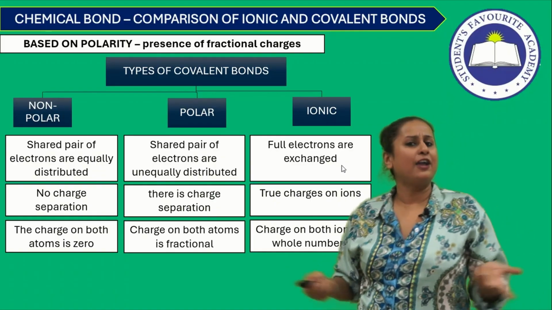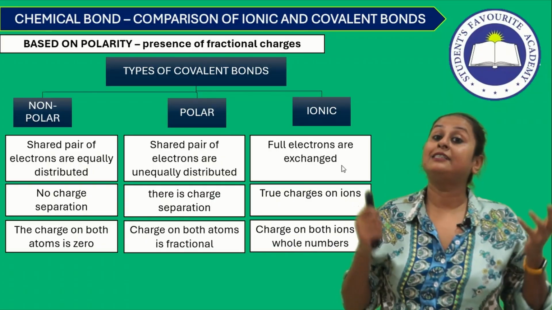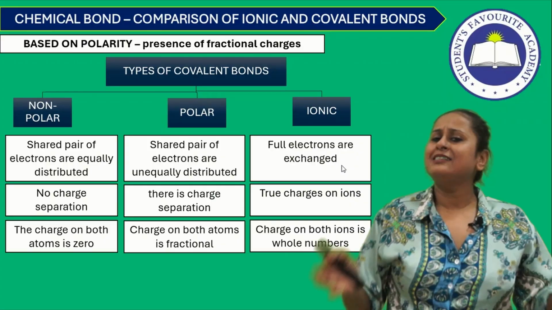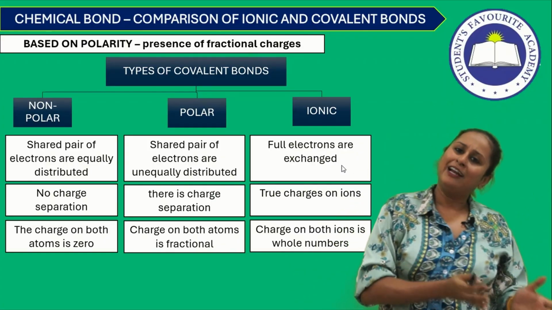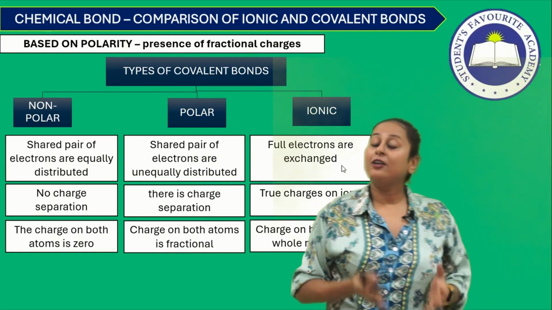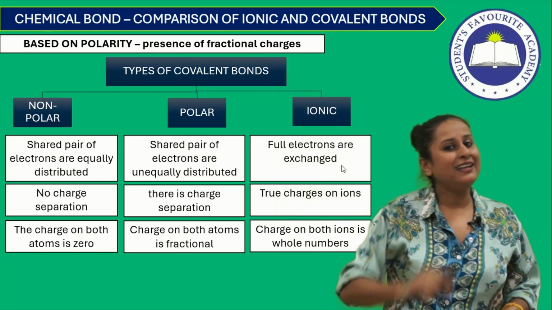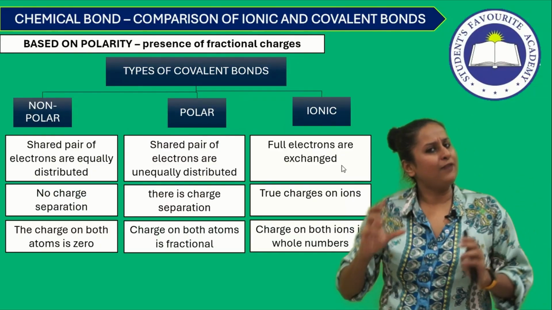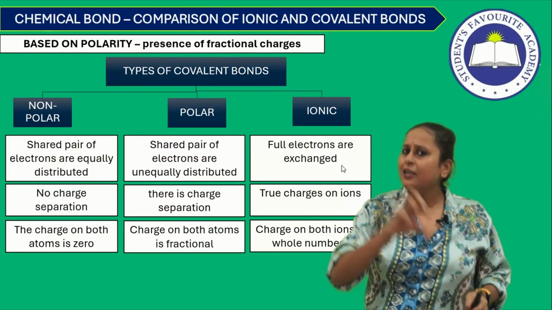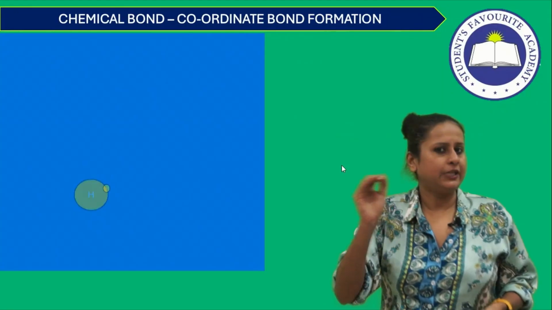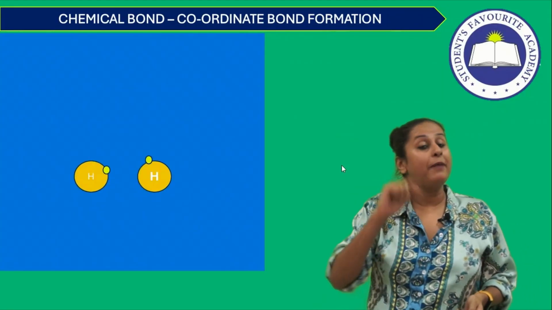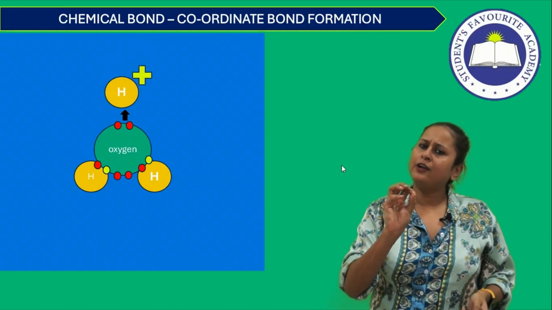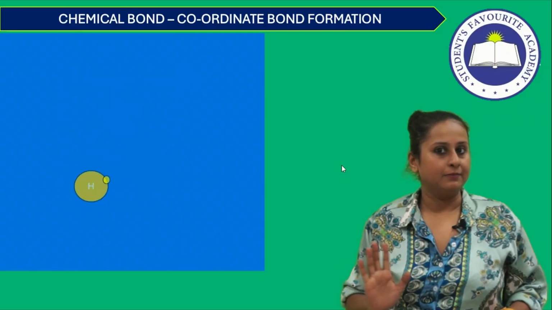We can simply call them ions because they are formed by the complete and true exchange of electrons. In your 9th standard, you only have the electrovalent bond and covalent bond, but in 10th you will have the coordinate bond. The only thing you need to know about a coordinate bond is that it is just like a covalent bond where electrons are shared, but here the shared electron pair, let's say covalency is 1, that is one pair of electrons is shared,